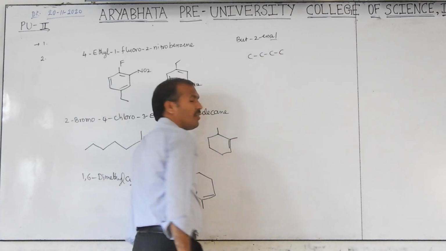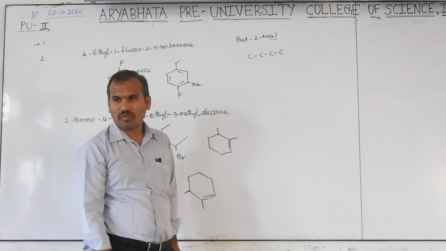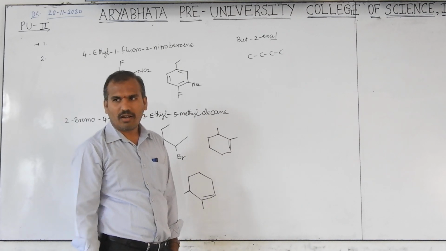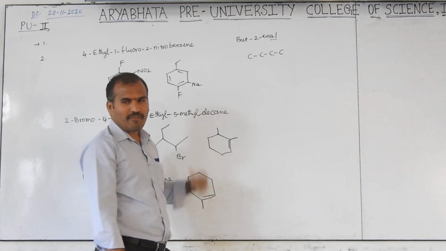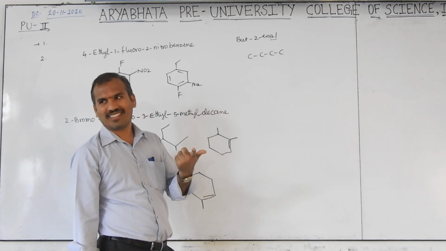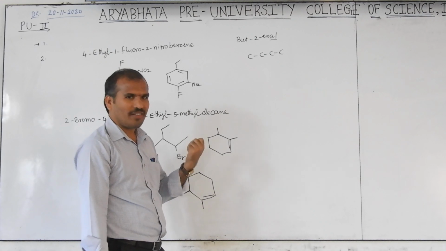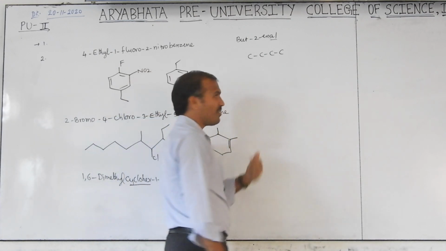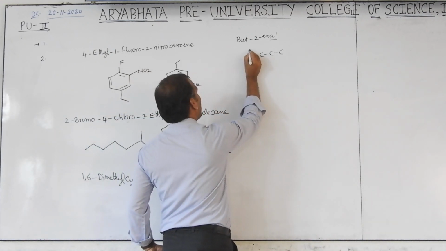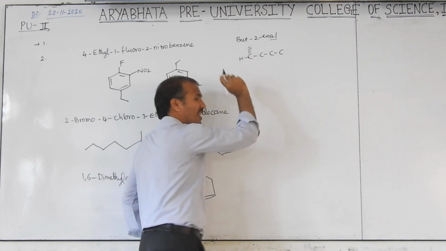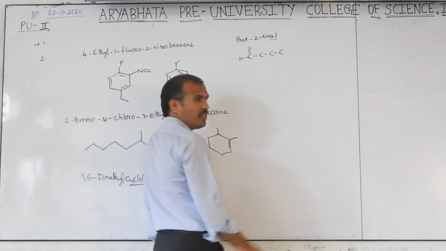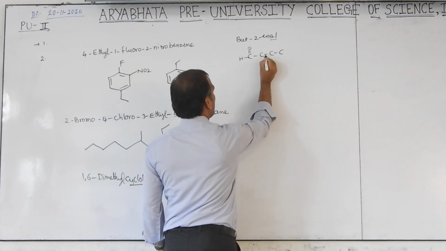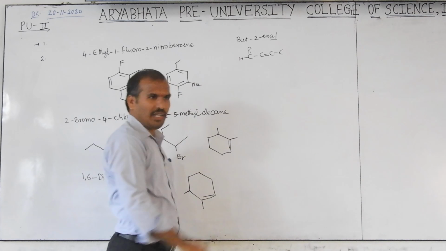AL is there. AL means what is that? Functional group, which one is that? Aldehyde. Aldehyde group is always terminal. Which terminal do you want? Left or right? That is your choice. Right also you can write, left also you can write. Now I am writing the left side because you can write in any one direction. Personally I am writing this on the left side. Okay? Which position is the double bond? This is 1, this is 2. Clear?